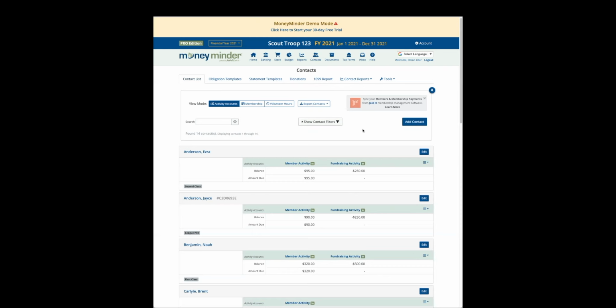A couple of terms to be familiar with as we talk about contacts and Scout accounts in MoneyMinder are activity accounts and obligations. When we talk about activity accounts, that's our way of grouping types of charges and payments together so that you can keep a running balance.